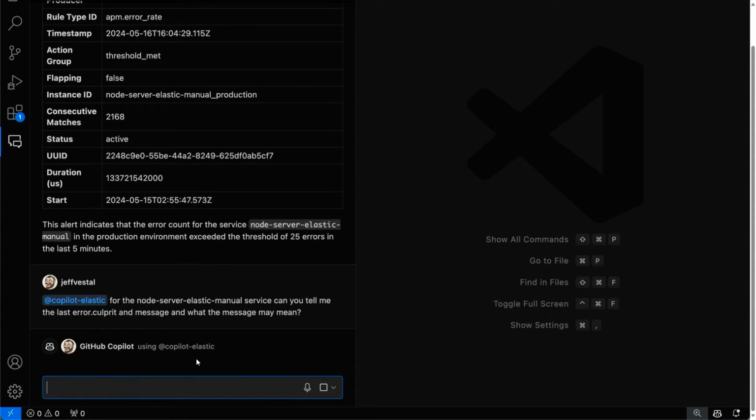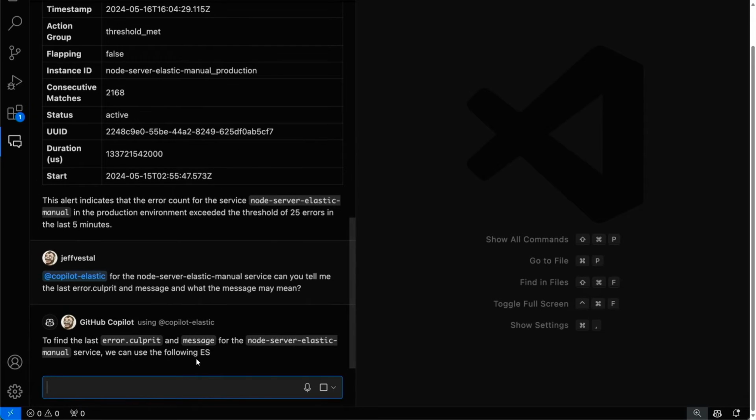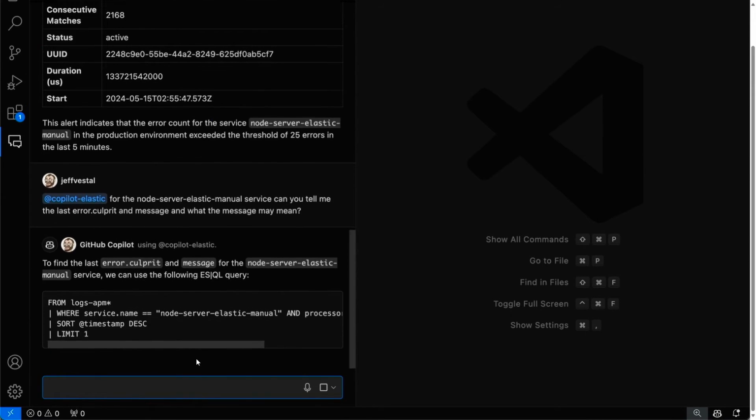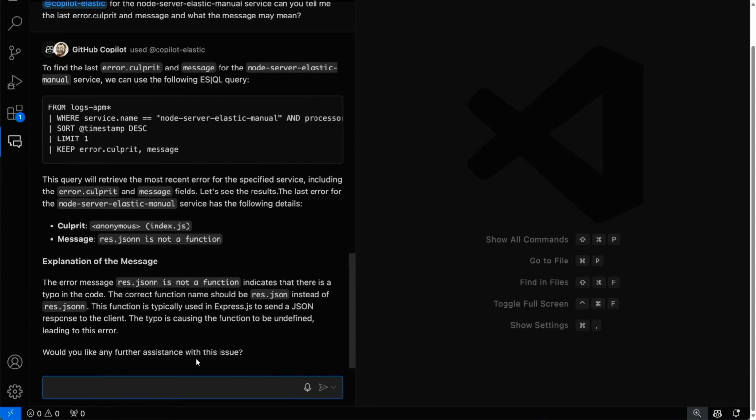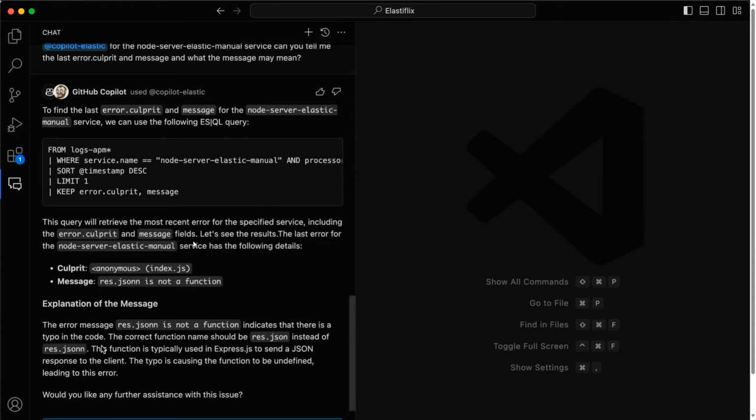All the same things are happening. It makes the call to the observability cluster. We gather all the relevant data. We make the prompt that says, the user's asking this question. It grounds the answer, and then it's just piping it right into your editor. And so you can see how to do ESQL if you want to make queries in your own code at some point.